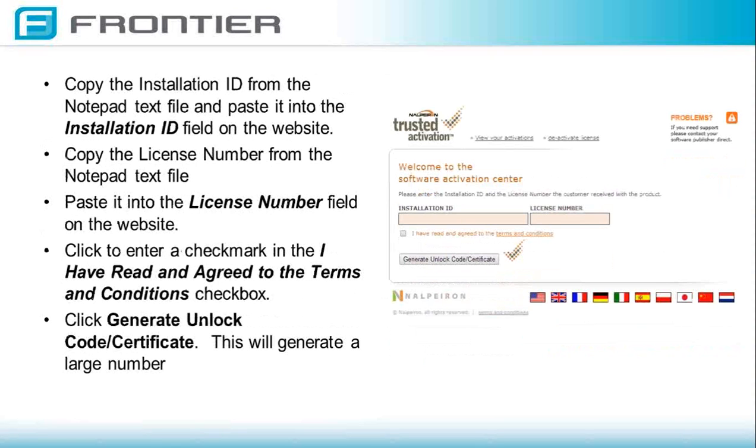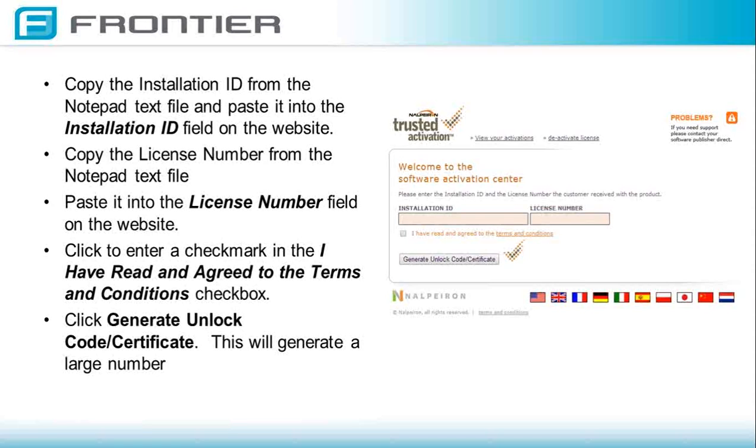Once you have confirmed this, you will copy the installation ID from the Notepad that you saved when you were actually at the server. You would also copy the license number. You would input those into the proper fields that say installation ID over to the right, as well as the license number to the right. You will also need to make sure you do in fact click the option that says I have read and agreed to the terms and conditions. If you do not mark this option, it will not allow you to generate or provide an unlock code or certificate confirmation number. But once you have clicked on the button to say generate unlock code certificate,